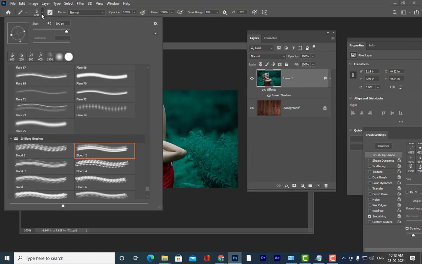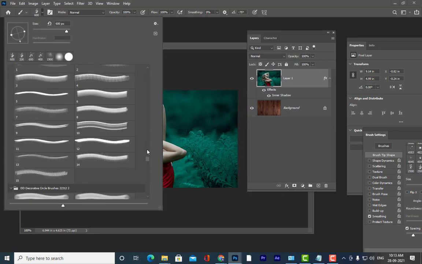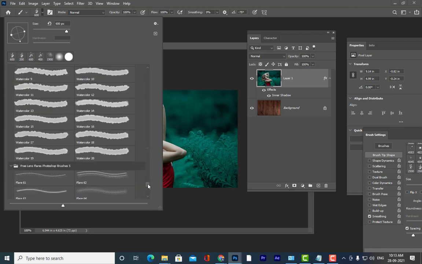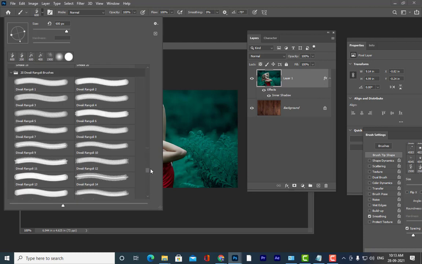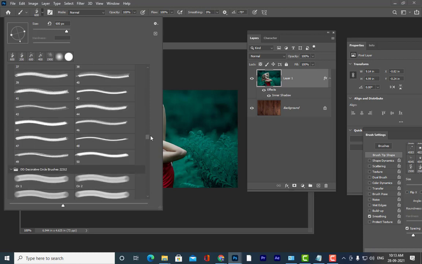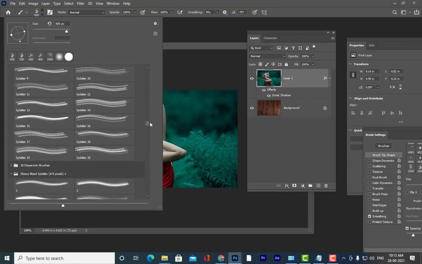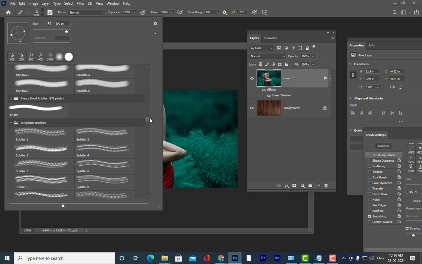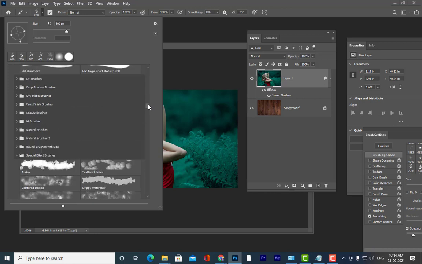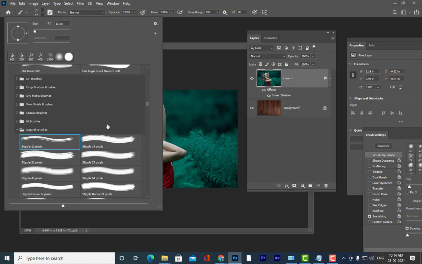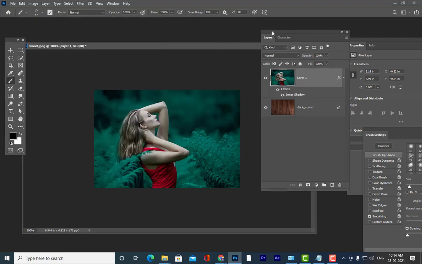And then here we can check the combination of different brushes. No need for only this one type of brush. So many other brushes are there, and I think I told you about natural brushes. Everybody remembers natural brushes? I think we used natural brushes for the Terminator effect, right? Yes, sir. Yes.